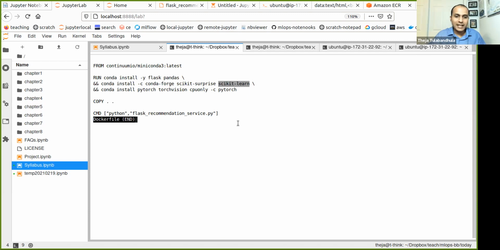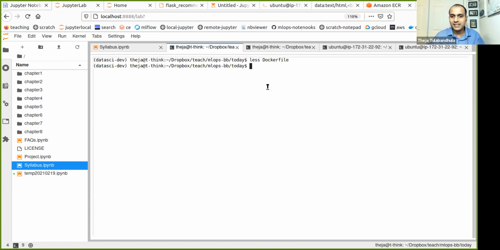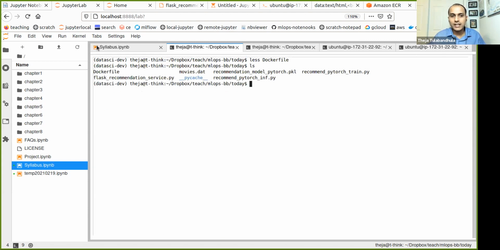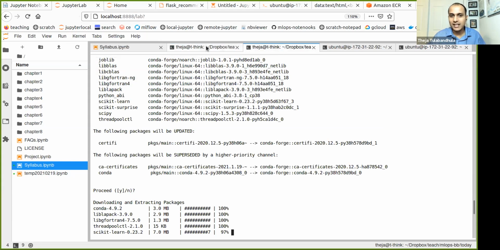I should have looked up all the dependencies in all the files here. The way I wrote the Docker file earlier was I just looked at what I am including in the recommendation service.py. But since I'm also using these other two files, and those files may have their own imports, I forgot to install them, and therefore my image was not working. And so I'm installing scikit-learn.